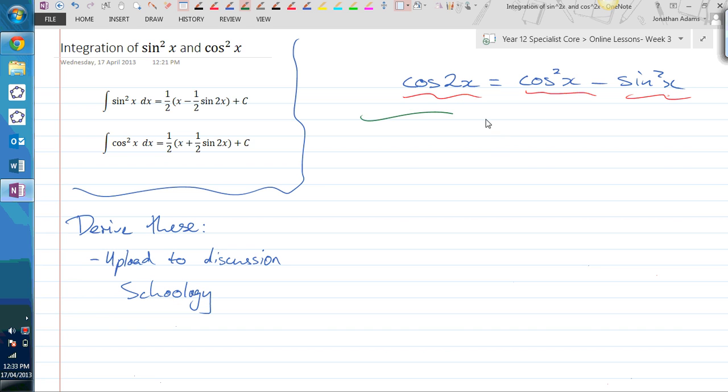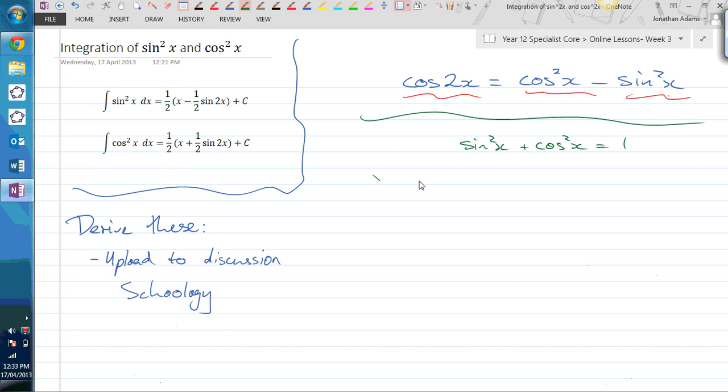So what you'll actually also need to use is the Pythagorean identity to replace one of these results, so you could use it to get rid of the cos squared, and replace the cos squared with 1 minus sine squared, or you could use it to replace the sine squared with 1 minus cos squared, and that'll give you an expression involving cos squared and cos 2x, or sine squared and cos 2x, and from there you're going to be able to make a pretty easy substitution into the integrals to